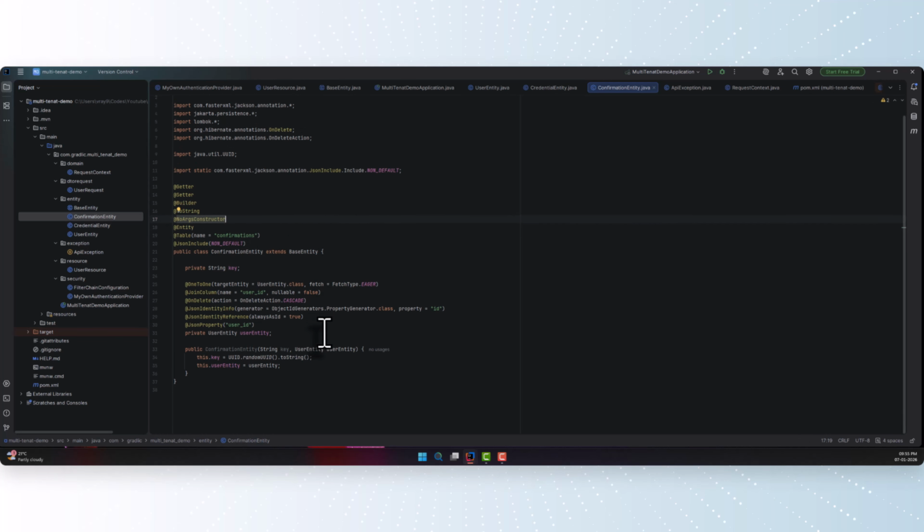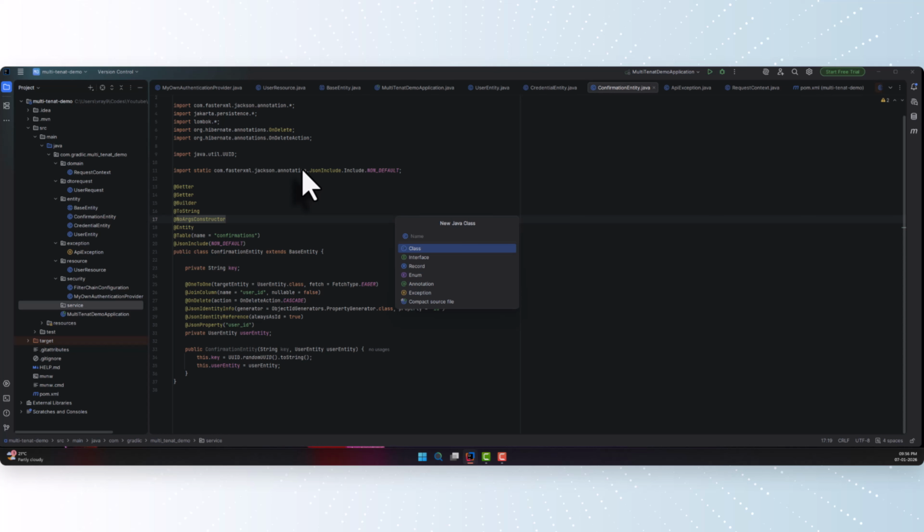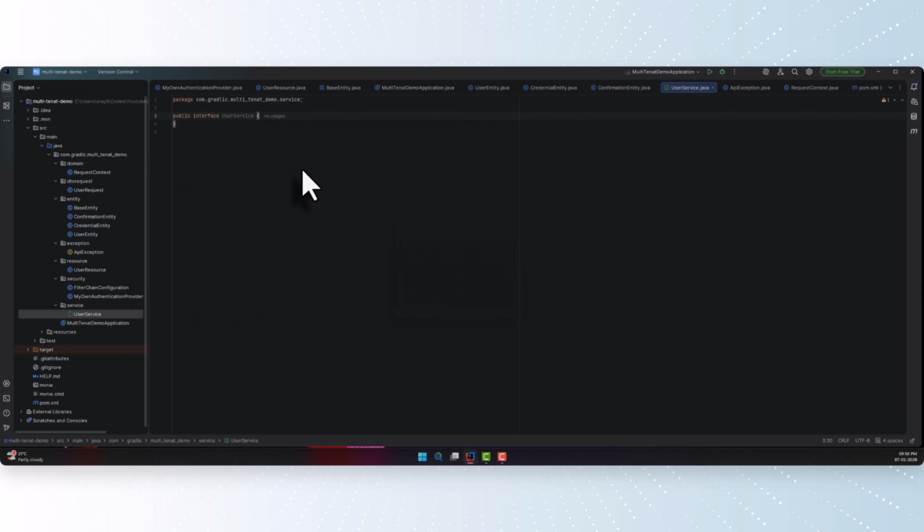Now we have our base entity, credential entity, and confirmation entity. We can go and start creating our service class. So I'll create one more package, service, and inside that I'll make use of the SOLID pattern. I'll create one interface, and for that interface I'll create an implementation class. So I need a user service interface, and here I'll need one method that should create a user,